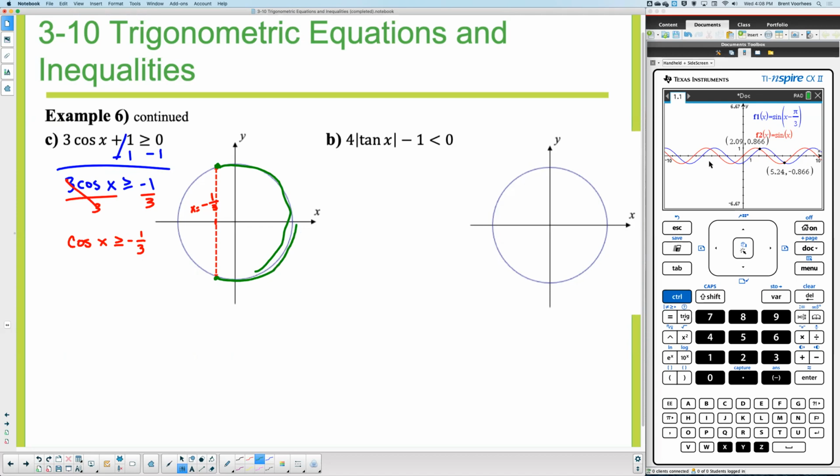Now the question could be, what is that interval? And so that's where we'd have to go to the calculator and find out the value. I'm going to take x for a moment. I'm just going to do approximately for the calculator. Approximately, let's see, cosine inverse of -1 divided by 3. I close my parentheses here. So if I go back to my calculator,